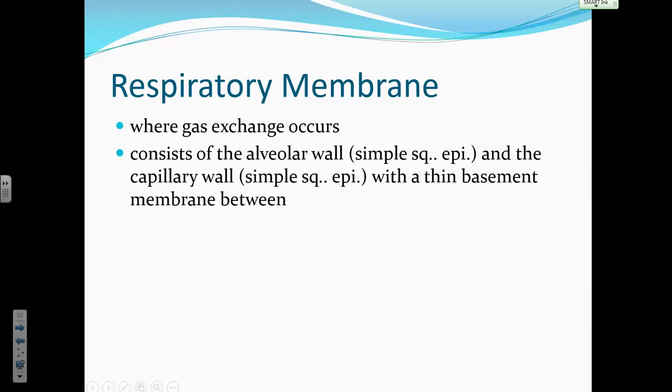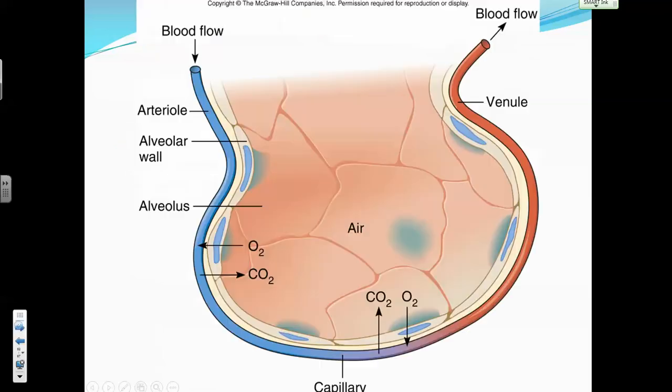A frog. Did you know a frog can breathe through his skin? Now, frogs have lungs, but they also have a real thin skin. That is their respiratory membrane. It's one of their respiratory membranes. So, anyway, yours is definitely not your skin because it's not simple squamous, is it? It's not wet. All right, so yours is at your alveolus, and you know that.